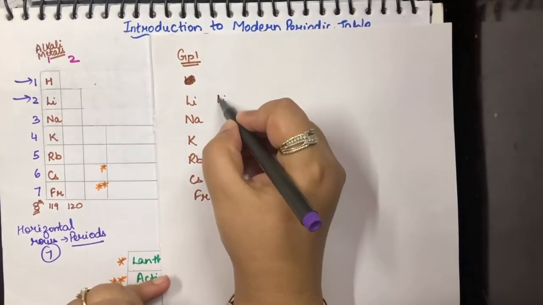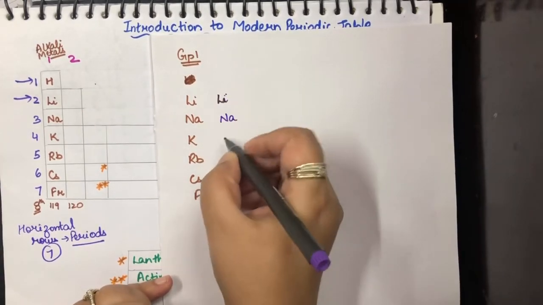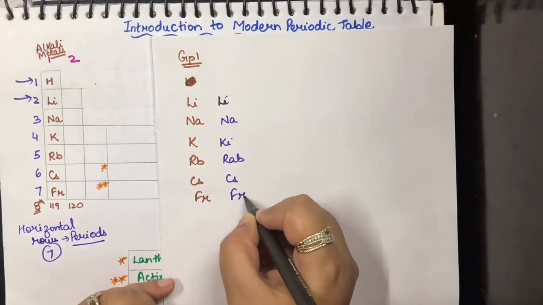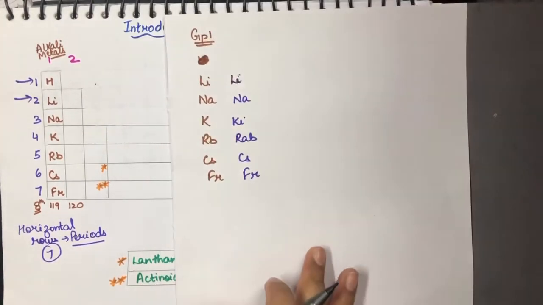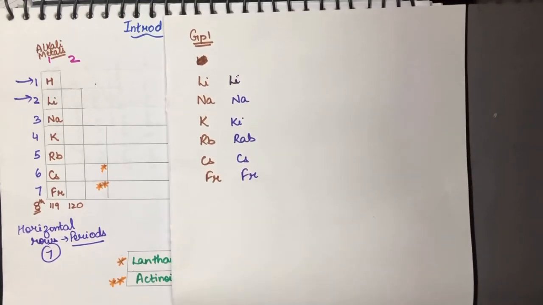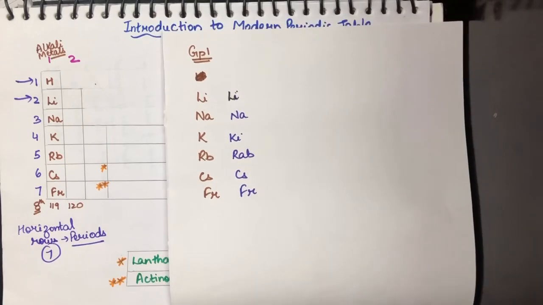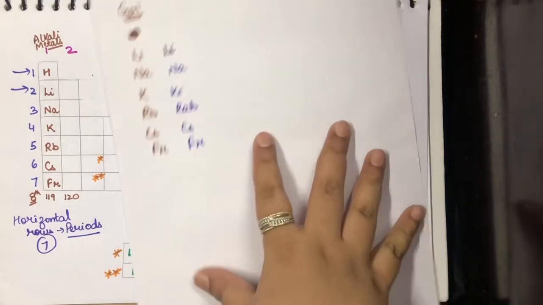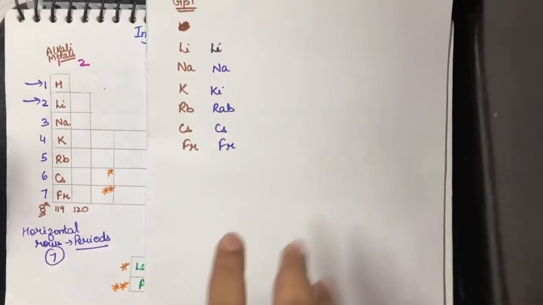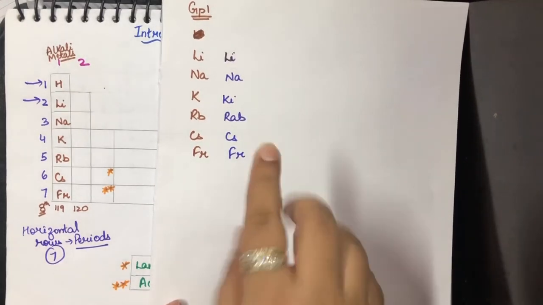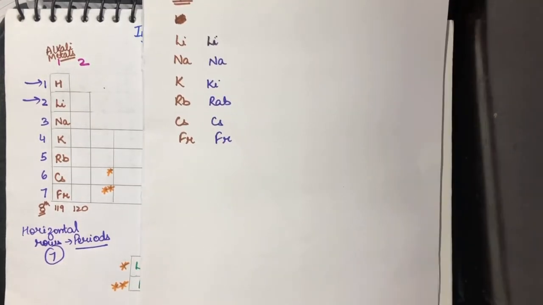It is like Leena ki rab se faryad. What do I say? I say it is Leena ki rab se faryad. So if you remember this dialogue or this line, you can easily recall how the group 1 alkali metals are arranged. I will repeat, it is remembered like Leena ki rab se faryad. There is no logic to it. It is just a way of learning it in an easier manner, right?